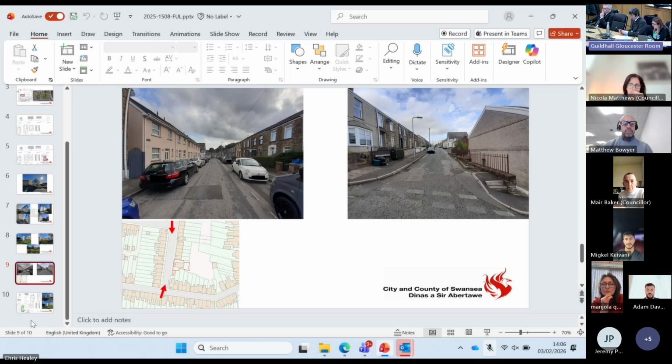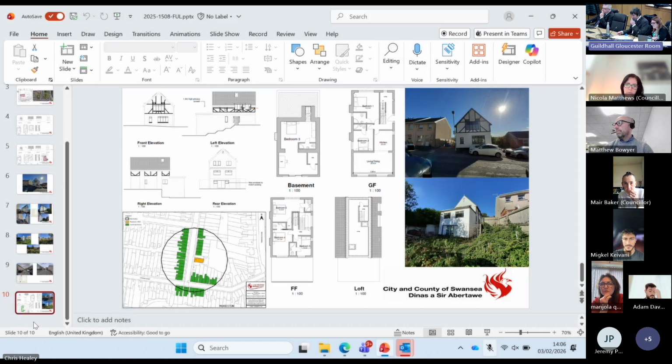This shows a couple of photographs of the immediate street scene near the site, and one looks southwards down the street and the other one looks northwards from the junction with Pleasant Street. Next slide, please. So in terms of planning history, the report explains that a planning application to change the use